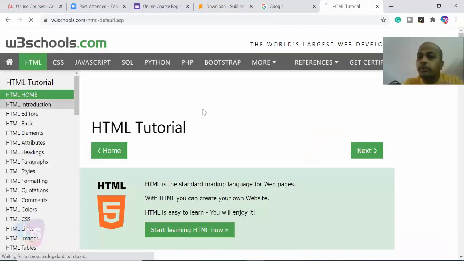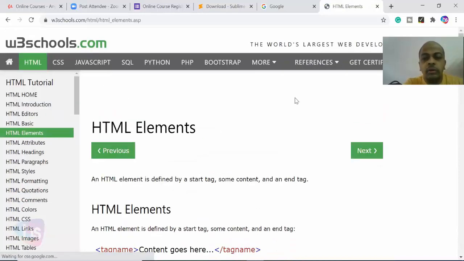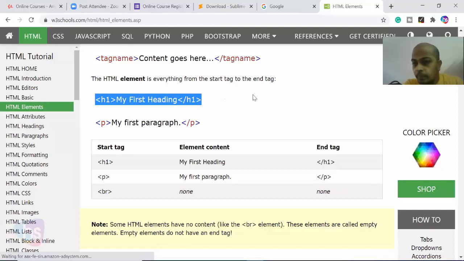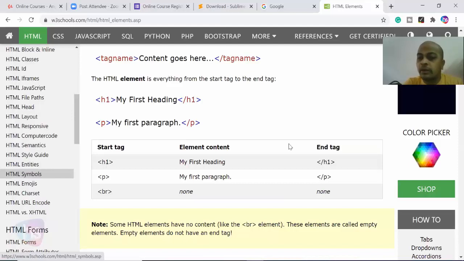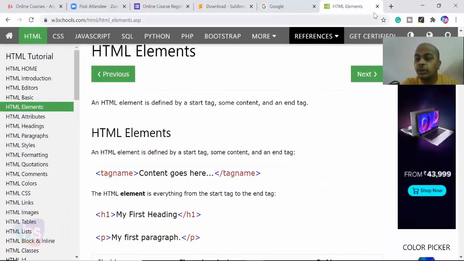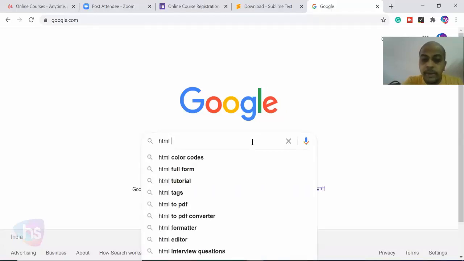See here, from the introduction, what tasks you want to learn, and how to use them, you will learn all these things freely. You need not pay. From this, you can take the tags and practice one by one as you wish to learn more. Once all the lectures are done, you have a basic idea for your hands-on session. Then go to Google and search for HTML basic